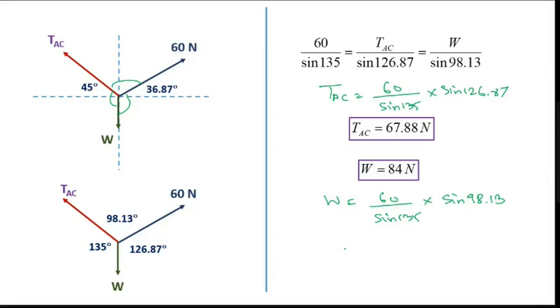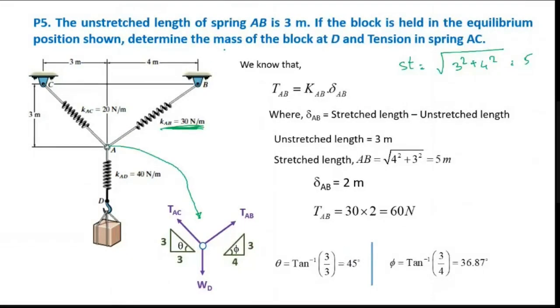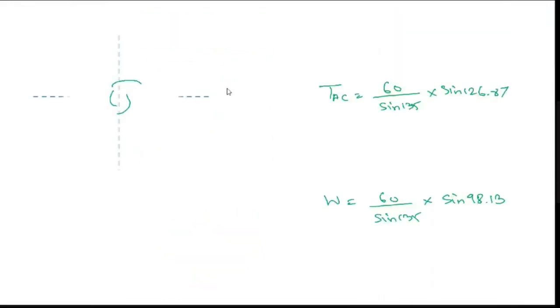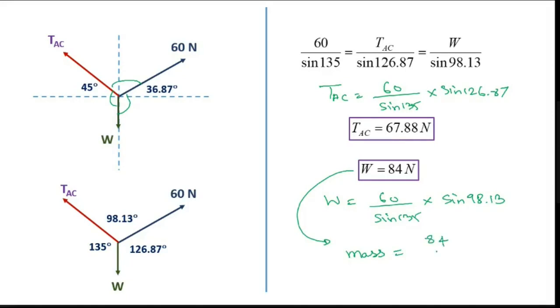But what is the question? What do they have to identify? Mass of the body. Yeah, mass. What is the unit for mass? Kilogram. The unit is kilogram. Very good. So your unit is kilogram, right? Which means I have to convert this to mass, right? How to get that mass? Divide by 9.8. Yeah, very good.